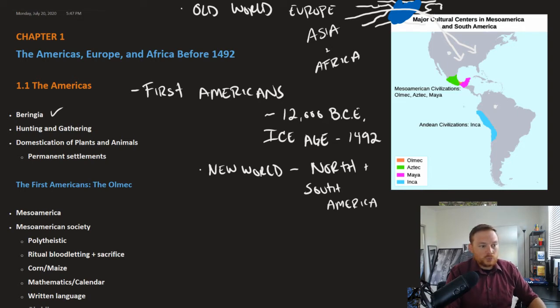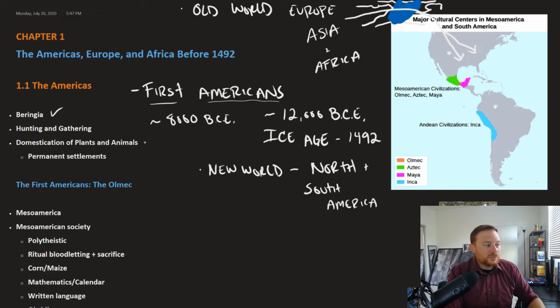Now, for the people who arrived in the Americas, these first Americans, most of them were hunting and gathering societies, which meant that they had to move rather frequently. Around the time of the Ice Age, in fact, all human societies were hunting and gathering. But roughly around the year, and it depends exactly on where geographically we're speaking, but we'll say roughly around the year 8000 BCE,